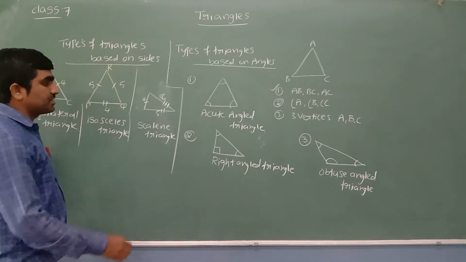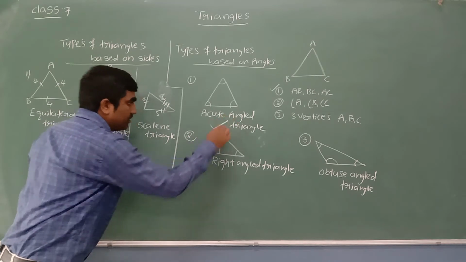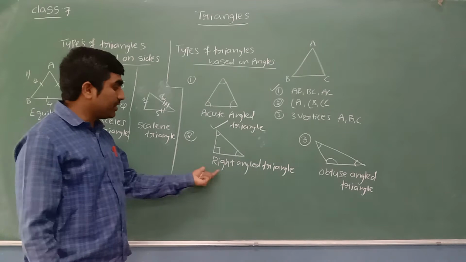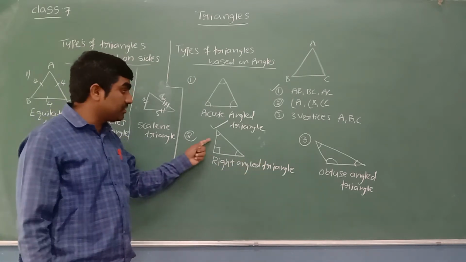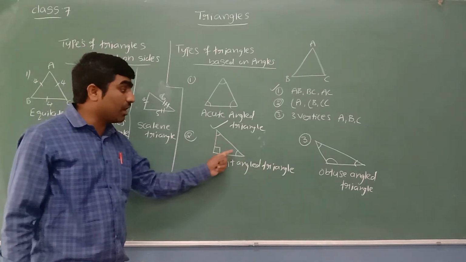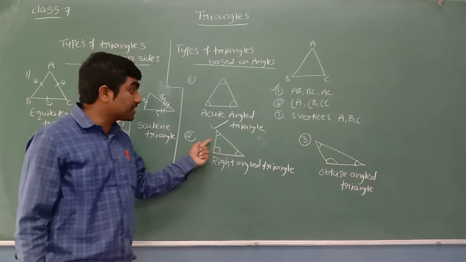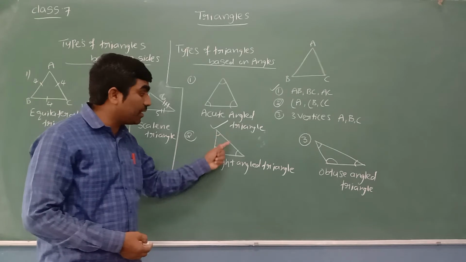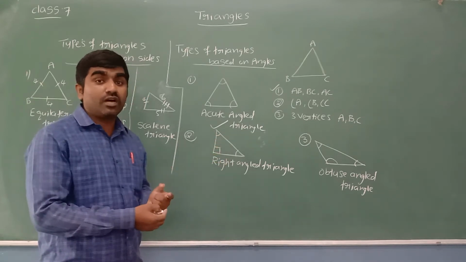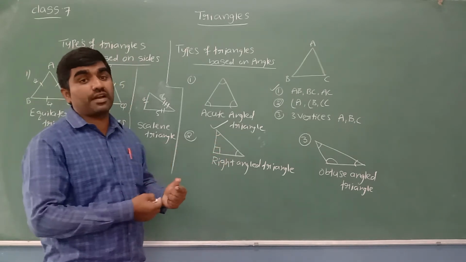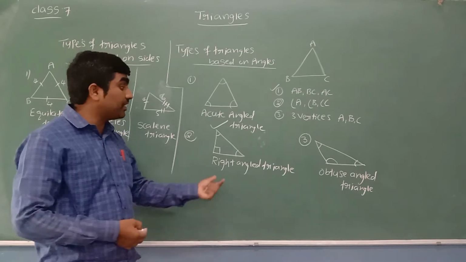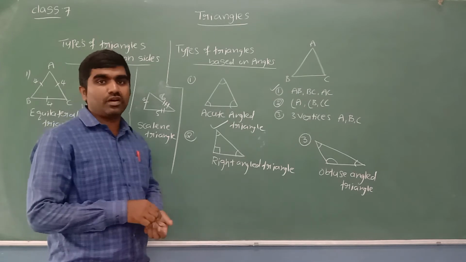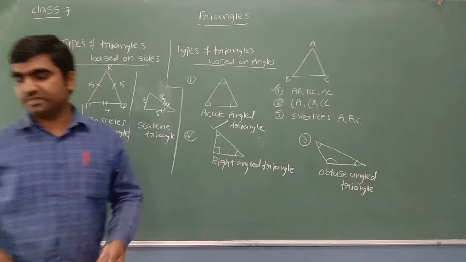Now today in class we are going to learn specially about this triangle, the right angled triangle. In that right angled triangle you can see three sides. These three sides have a special name, and also a special condition. What is that special name? What is that special condition? What are the advantages of that special condition? What property is there for a right angle triangle? What is the benefit of that property? We'll see all these things today in class.